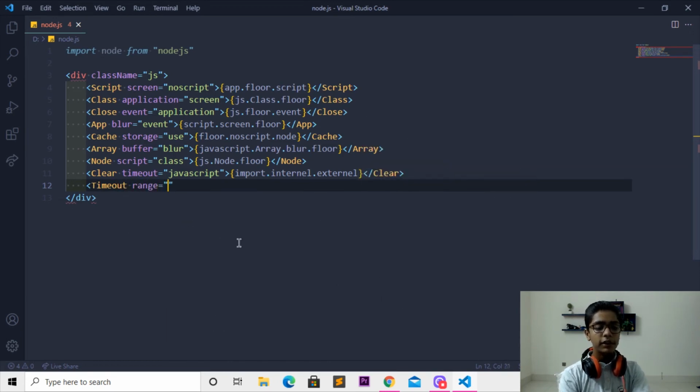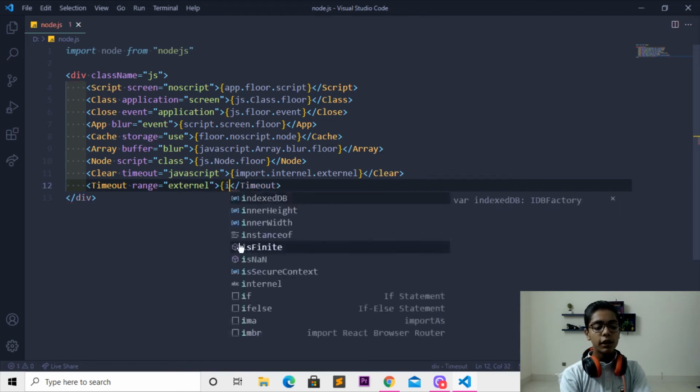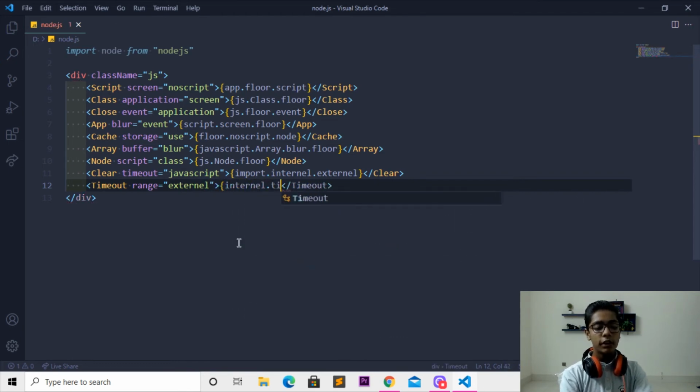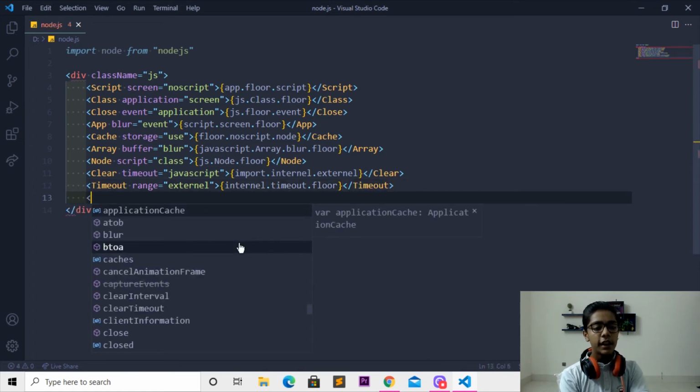When you're done with that, you have to write external here. Then you have to move and write a tag which will be internal.timeout.float. So we have done with that. I'll be closing this curly bracket. When you've done with that, you have to move down here. Then you have to write a tag which will be like